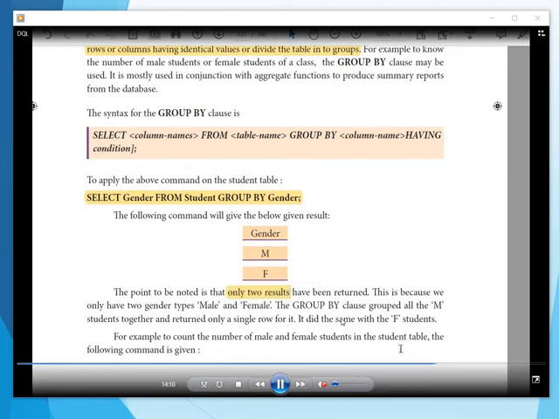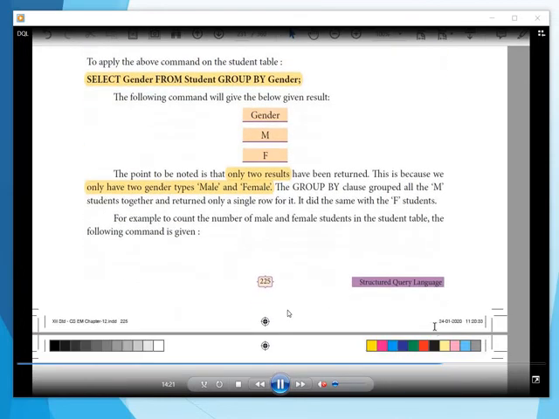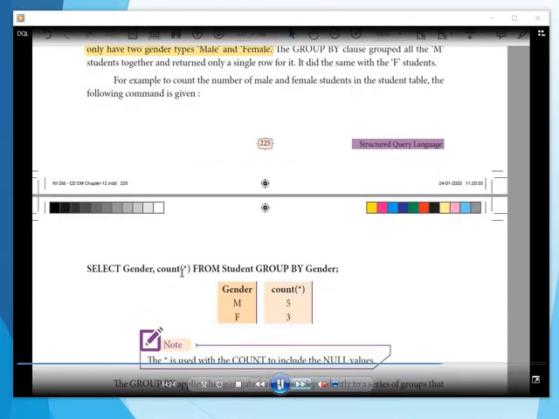Then we can even count the number of records based on this group. How many male, how many female can also be grouped. How to do this? We can use the function COUNT(*). First the display is gender, and the next column is COUNT(*), the count of gender. So it will group the records based on gender. Male are 5 and female are 3 records. If we want to count records in a classroom or in a student report, we can easily use this command to count how many male and female.